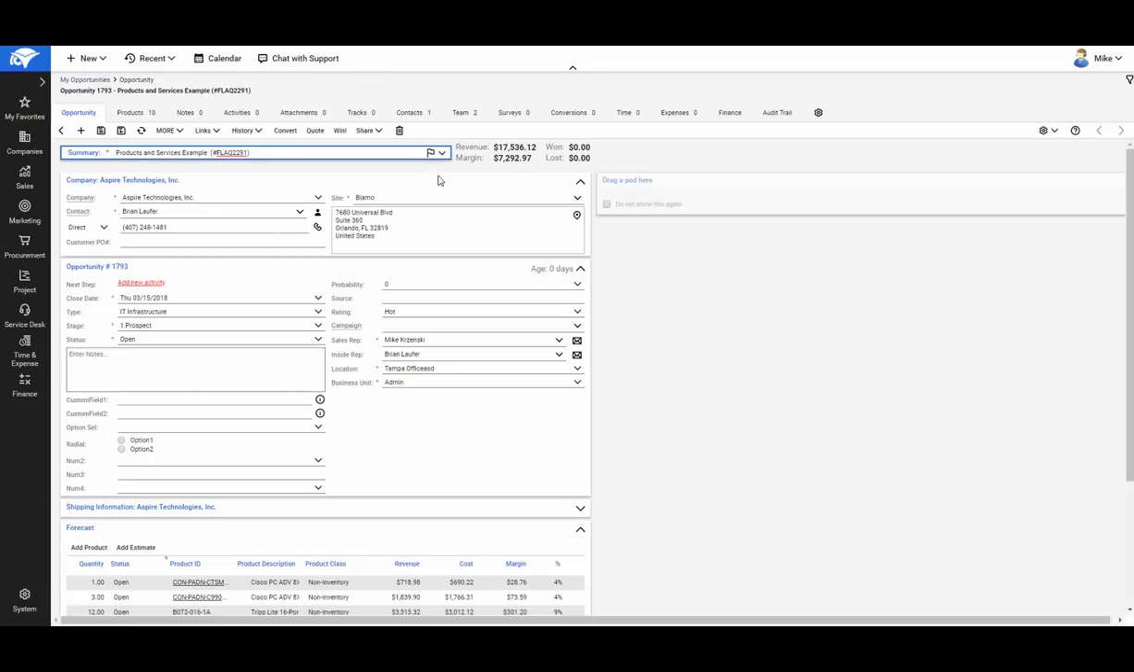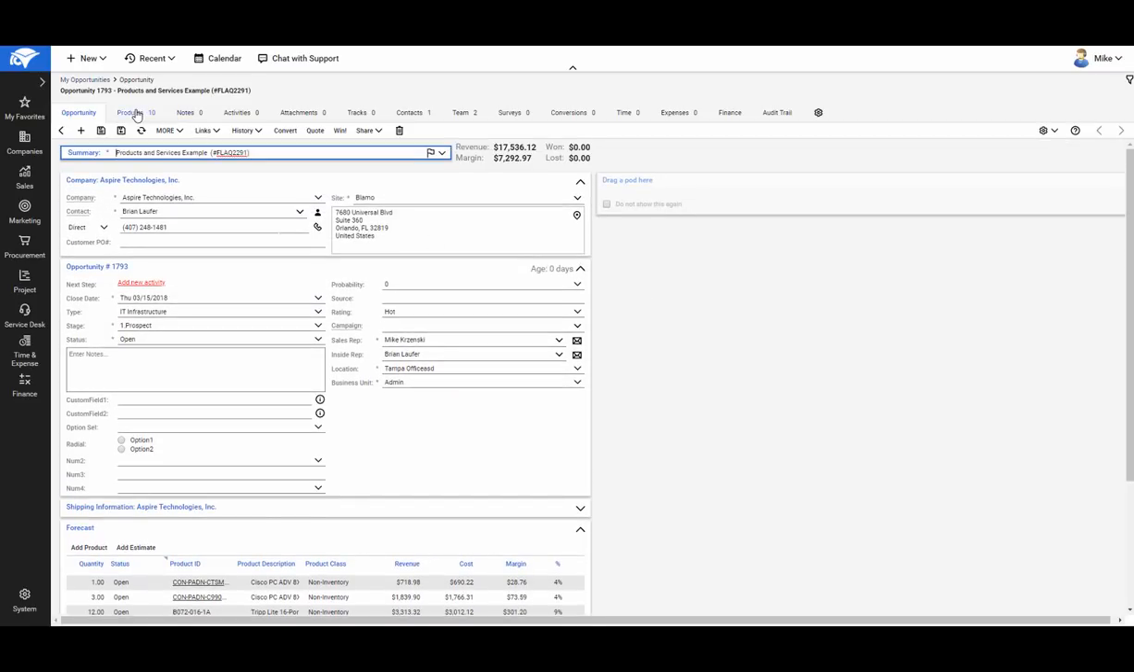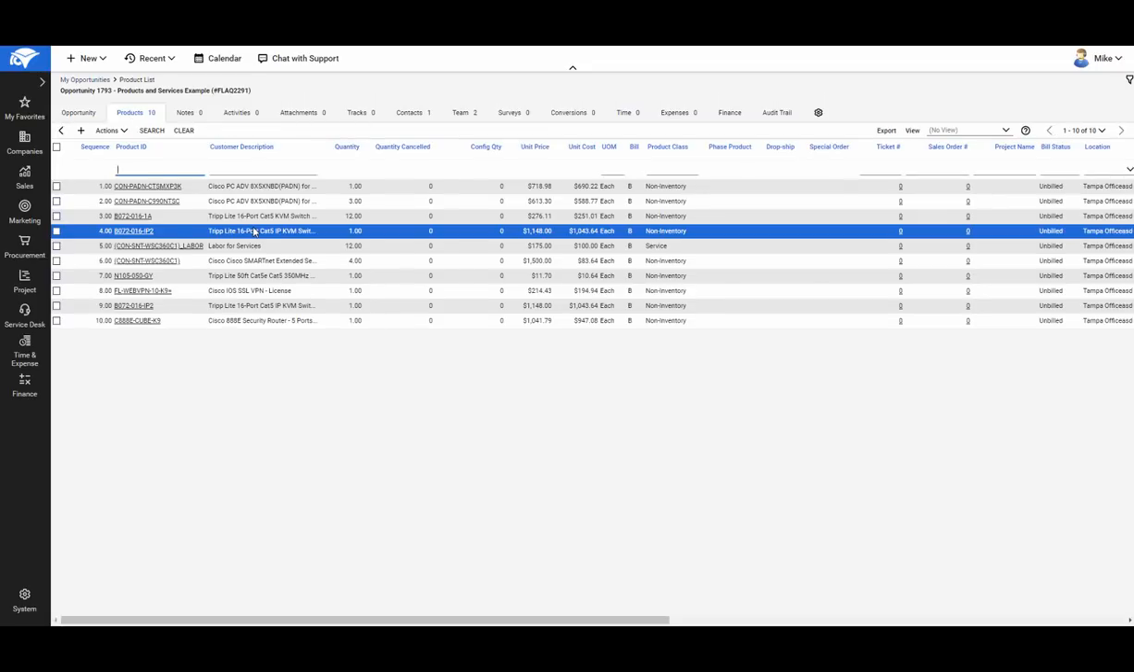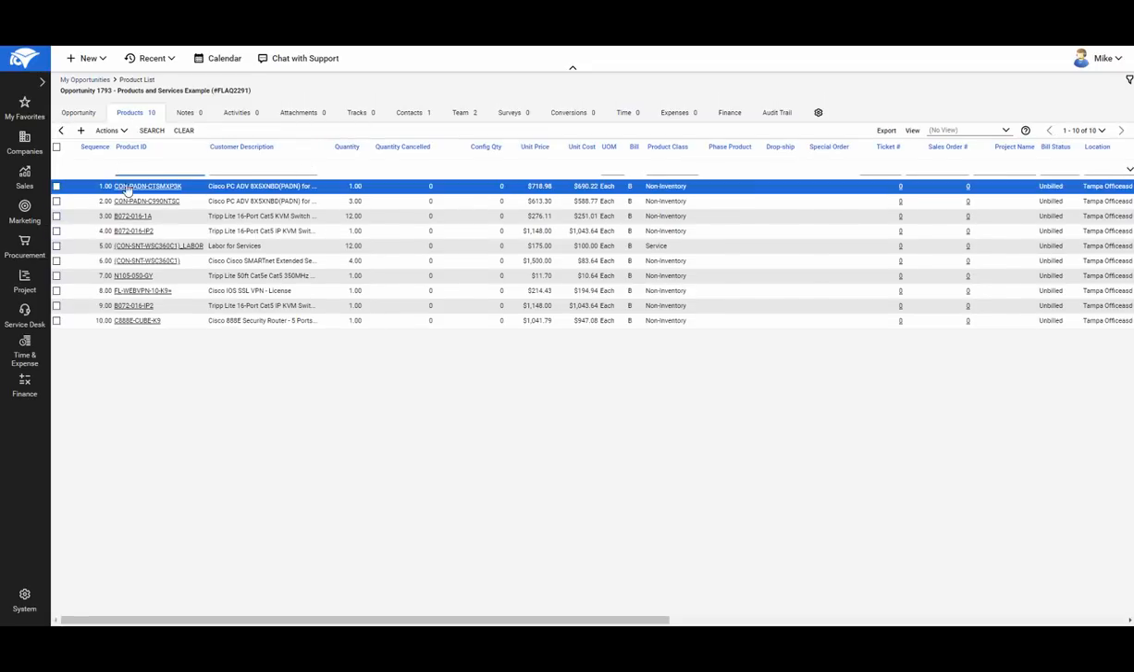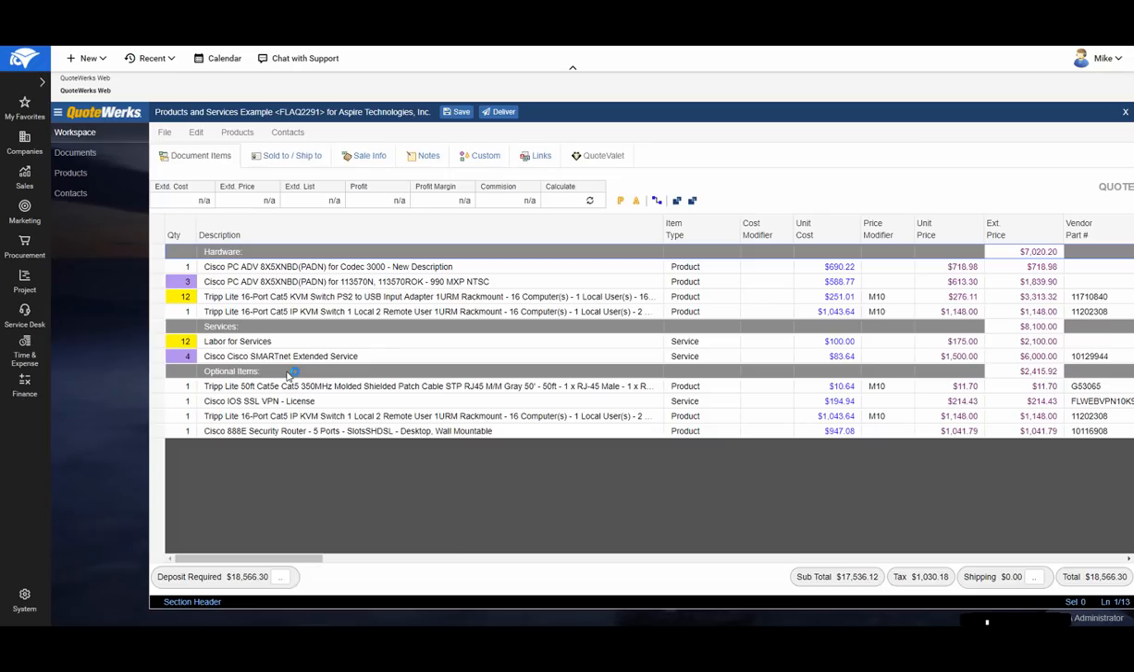And it'll open up the opportunity, because that's the only one I've created so far. We can scroll down and see all our line item information is in there, so that's great. If we go to products, we'll see the individual products were written into the ConnectWise opportunity. Now if we go back into QuoteWerks Web, we can get ready to deliver this